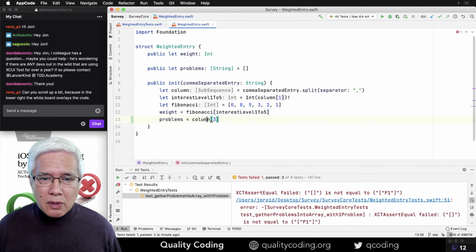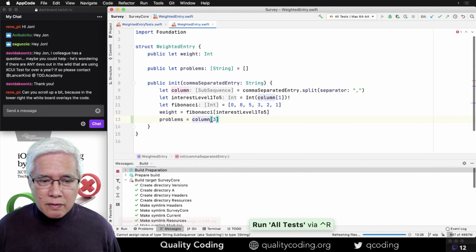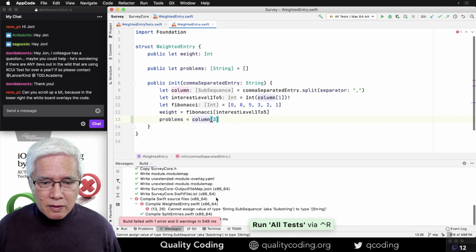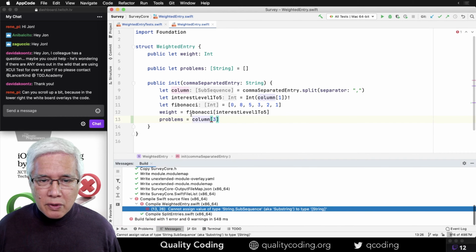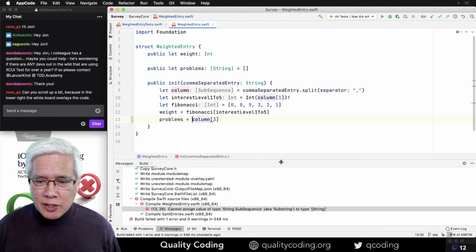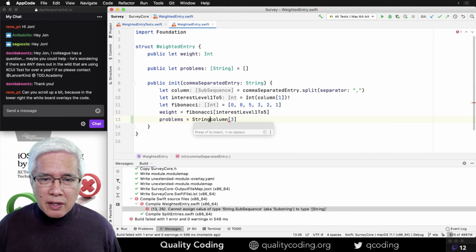And what's wrong here? So we have a substring, so we need to turn it back into a string like that.